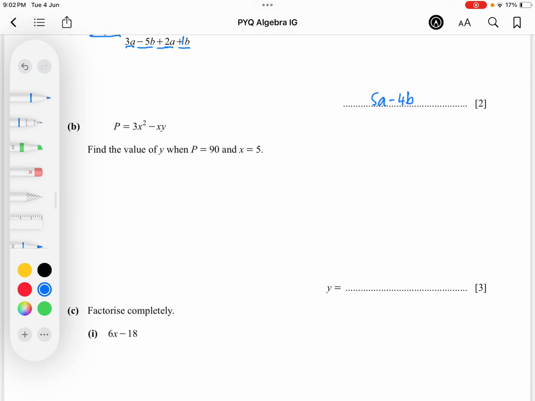Next one. Okay, again, this is substitution because you have a value given there. Now remember, when it says 3x squared, it means 3 times x squared, and then xy means x times y. So you replace x with 5 and replace y with 90. Now the rest remains the same. Okay, so make sure you rewrite that one. Okay, and then you may use your calculator to calculate this one straight away. Use your calculator and you should get